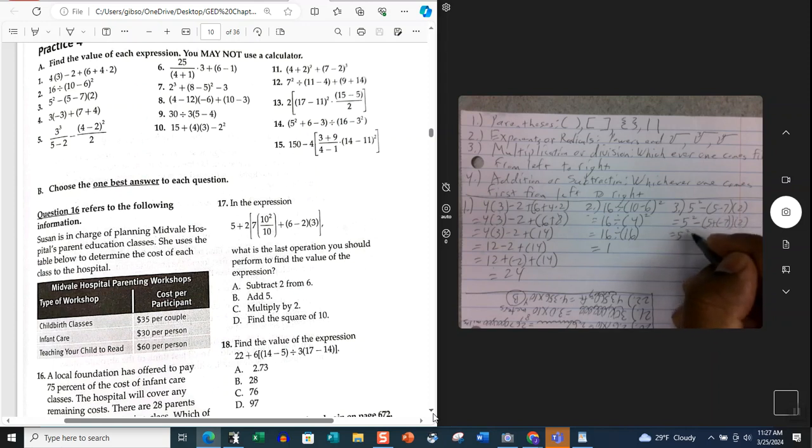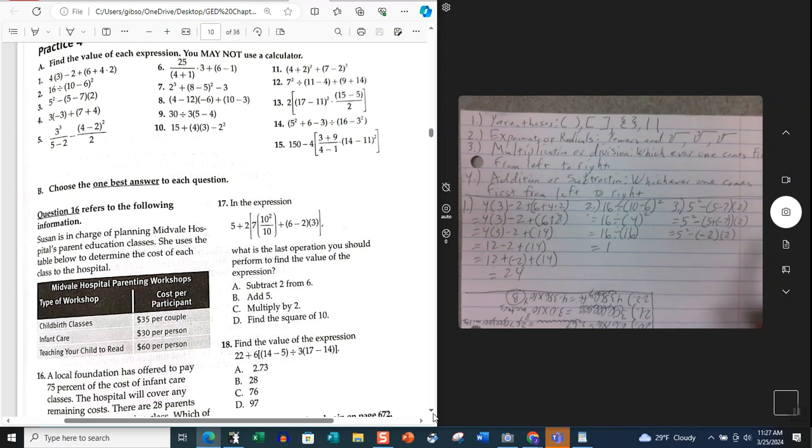Now we know 5 plus a negative 7. 7 is larger than 5, so we'll take its sign, and 7 minus 5 is 2. So that'll be negative 2 in that parenthesis. As you notice here, there's nothing more we could do inside these parentheses, so we would go to the exponent. 5 to the second power is 25,